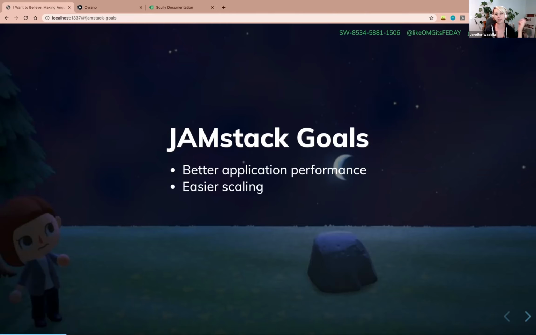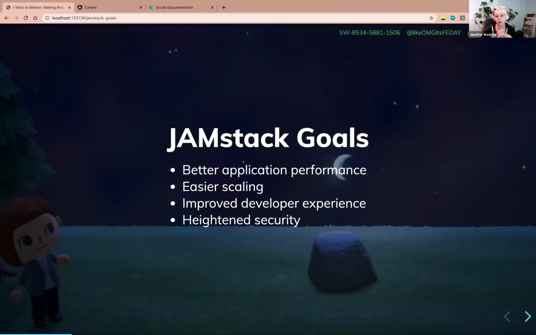We care about easier scaling, being able to deliver our product to even more customers, because that makes money, and yay capitalism, just kidding, but relevant for this conversation. We also care about an improved developer experience. I don't know about you, but I'm definitely a developer. I'm not a DevOps person. And so I enjoy solving problems in code and not worrying about configurations or making things work. I just want to solve cool problems and build cool experiences for users. And so the Jamstack does try to offer an improved developer experience for building and shipping applications.